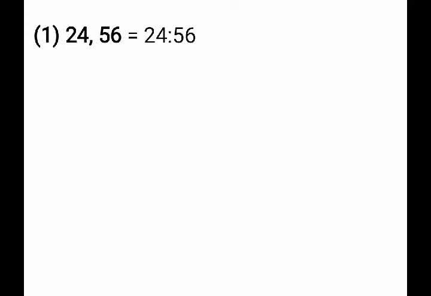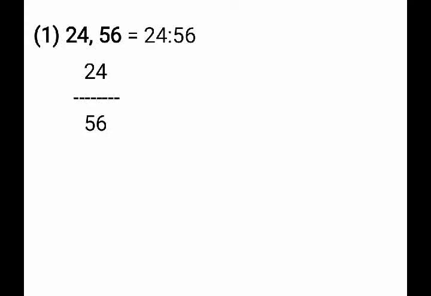After writing ratio form of first number to the second number, you have to write fraction form now. That is 24 upon 56. In this way you have to write fraction form. Next step, you have to write multiplication form. Both numbers should go same table. Number 24 and number 56 should go same table. Number 24 and 56, which number is going same table? Check that. Both number 24 and number 56 is going 8 table.